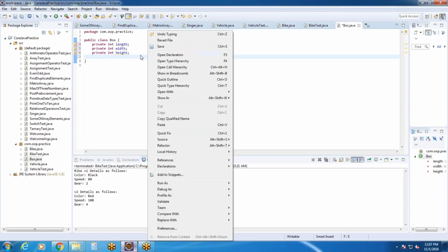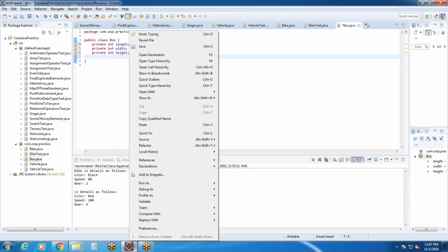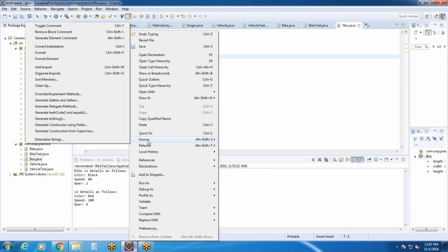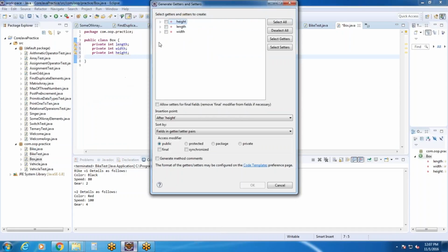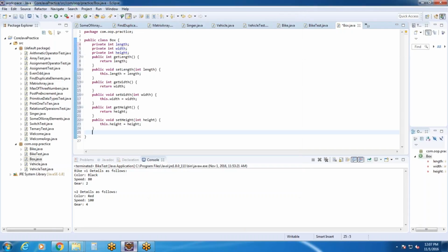at line 7, choose the option source. Inside source you will see the option generate getters and setters. Select that. Click the button select all, and then click the OK button. Right? So this is how it has generated